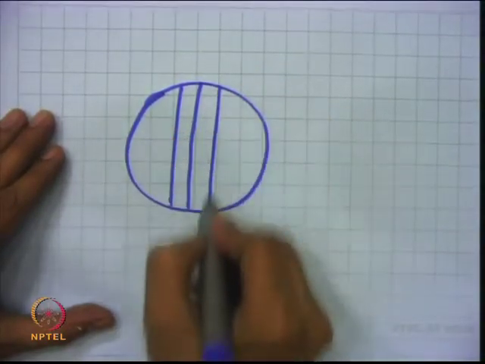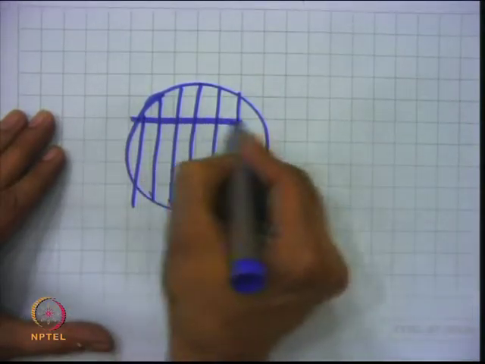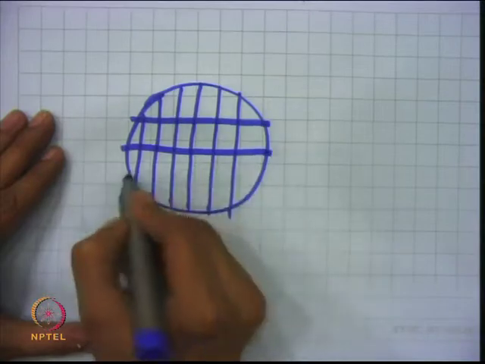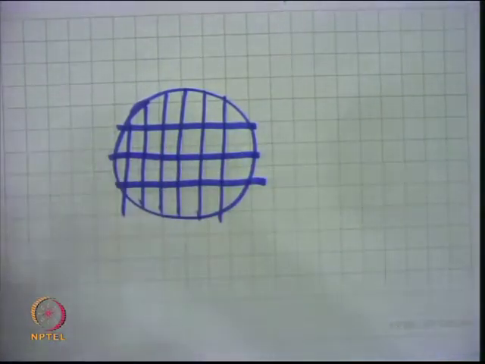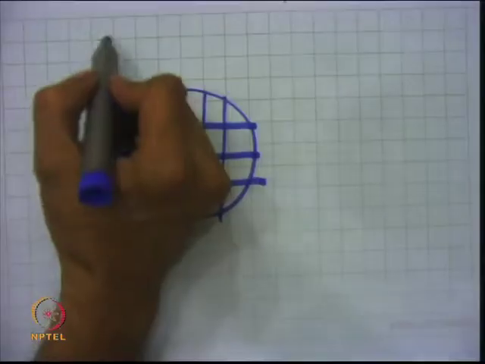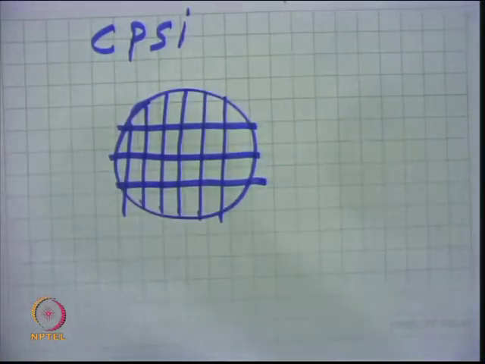just like your sieve, with square openings like this, just like in a mesh you define. The number of cells per square inch, CPSI we call it, may be 200, may be 400. If it is 400, it means it is still a narrower channel, and these are known as micro channels.